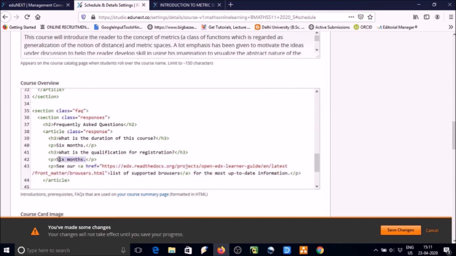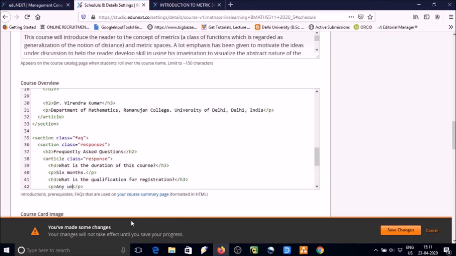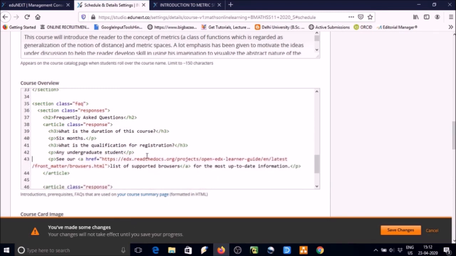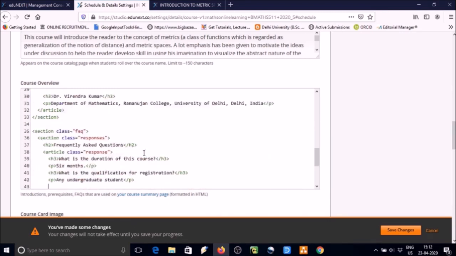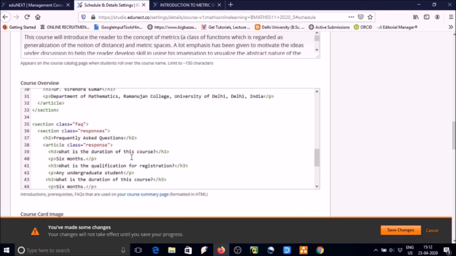And this first page should reflect something concrete: what qualification a student should have to register for this course, if there is any fee, what the duration is, what the timing of the class is and all. Students can learn at their own speed, or this will be managed by the faculty members and all. So like this we can write many pieces of information over here.